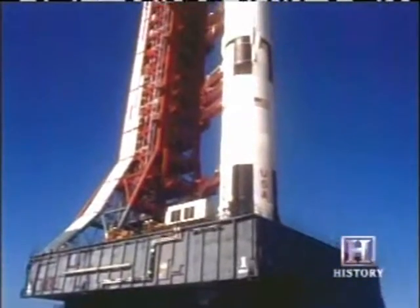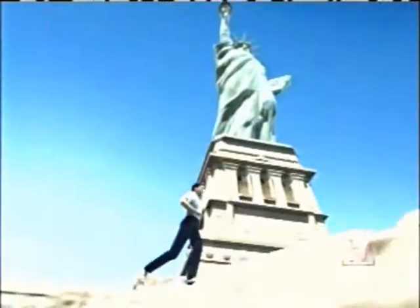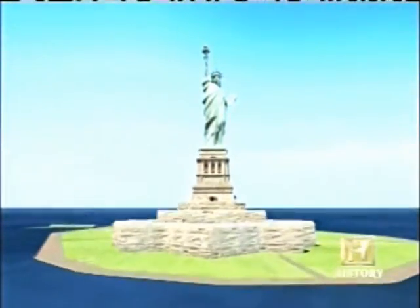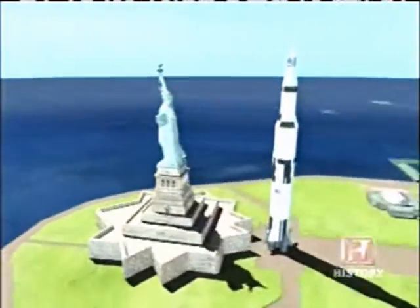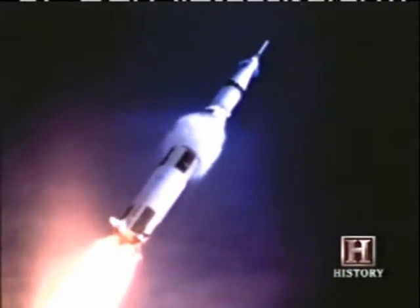On a foggy day down at the Cape, you couldn't even see up to the top of that guy. The Saturn V rocket is 363 feet high, almost 60 feet taller than the Statue of Liberty. It weighs 6.5 million pounds. It has 7.5 million pounds of thrust, which could literally lift a naval destroyer off the ground. And in fact, many people compare the launch of a Saturn V to launching a naval destroyer straight